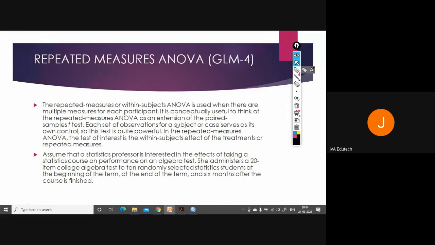Like one way ANOVA is an extension of the independent t-test, similarly, repeated measures ANOVA is the extension of the paired t-test. Each set of observations for a subject or case serves as its own control. So this test is quite powerful.